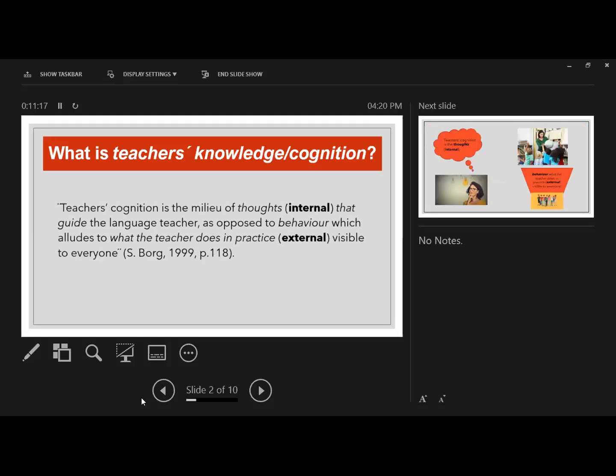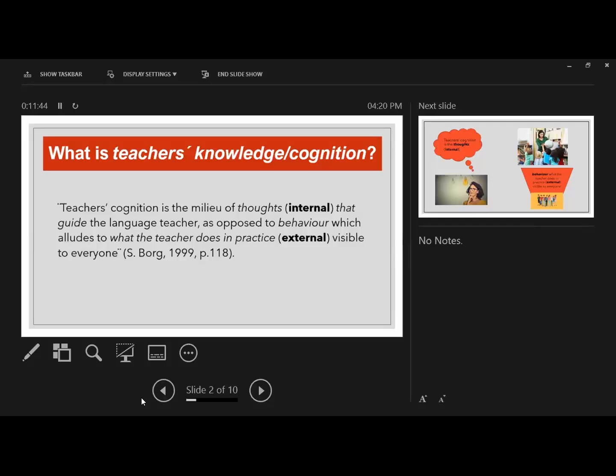So teachers' cognition is the milieu of thoughts, internal. Thoughts have to do with what is inside of our heads that guide the language teacher, as opposed to behavior, which alludes to what the teacher does in practice, that is external and visible to everyone, okay? So what does that mean? There are basically